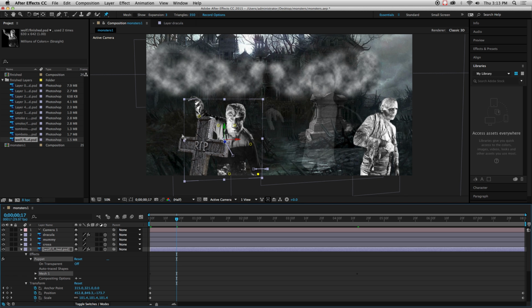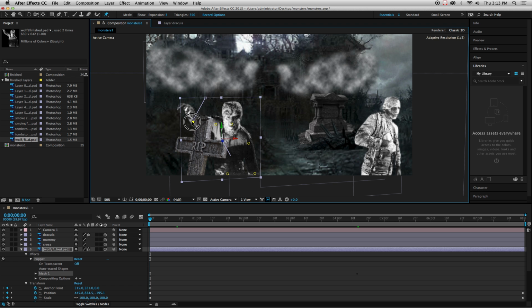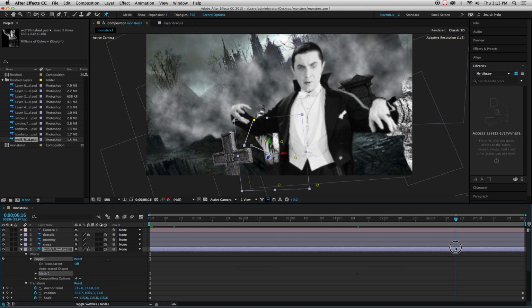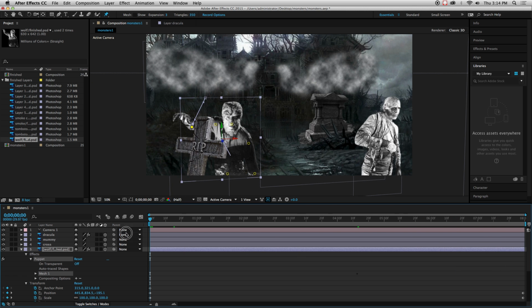I'm going to exaggerate a little more, so I'm going back to my first frame. And I'm going to actually bring that arm down a little bit, so it has more of an exaggerated motion. Like he's really lifting his arm up to swipe at you. Okay, good. And I could do a couple more on the background,